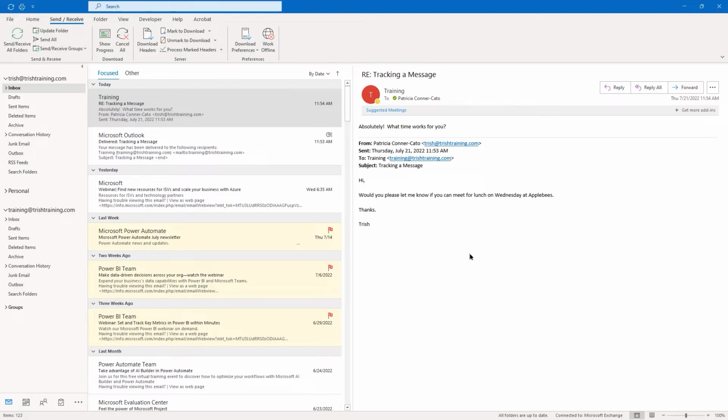Or another situation is you send out an email to a person, and then after you click send, you realize that you wanted to send that email to multiple people. So in that case, you can use the resend feature and either change the recipients or the content of the email. Now we're going to set up to do this now.